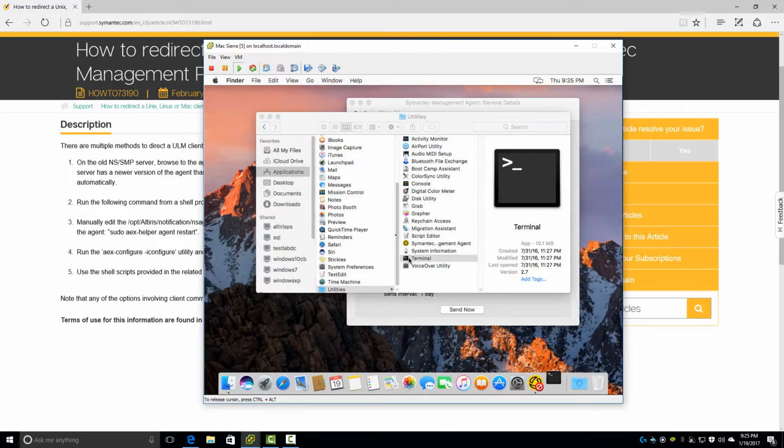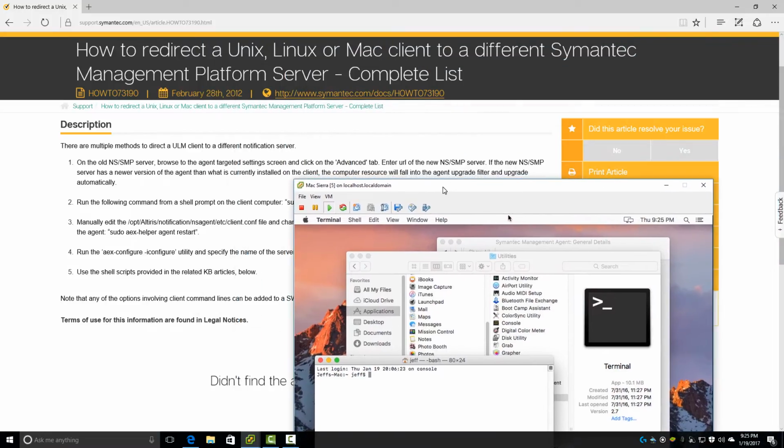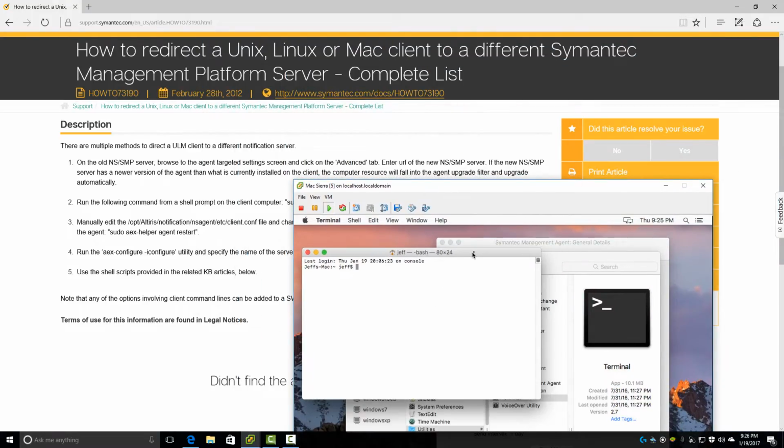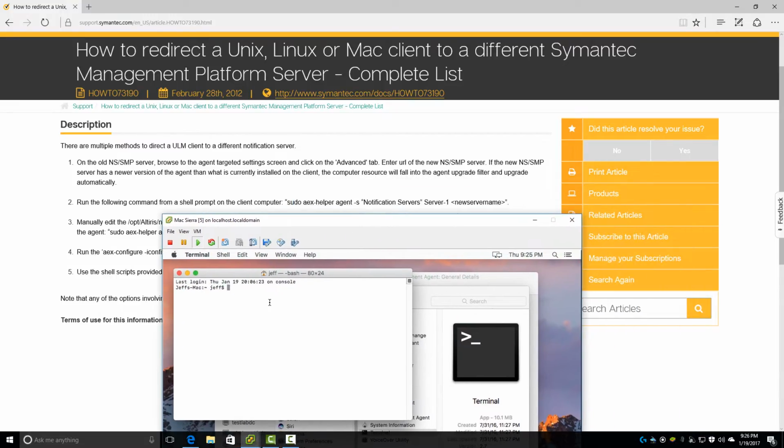Alright, there we go. Let's move this up, this down. Okay, so sudo AeXNSAgentHelper -s, notification servers,